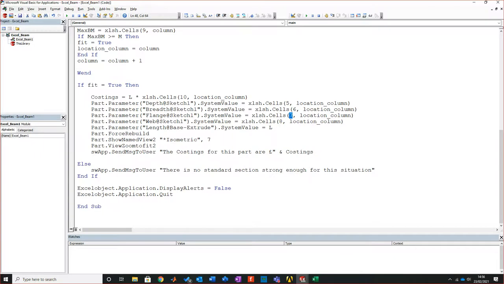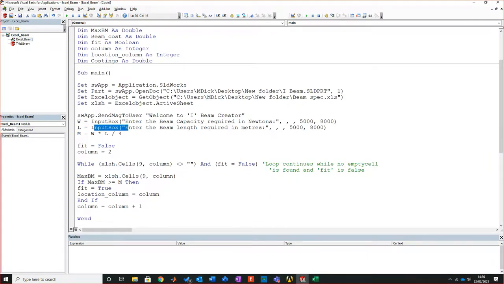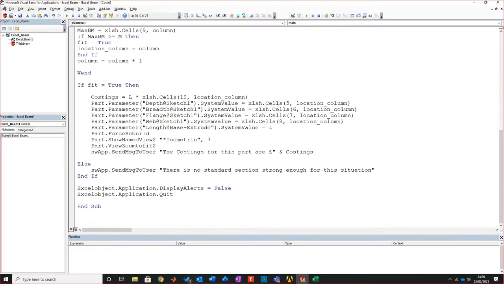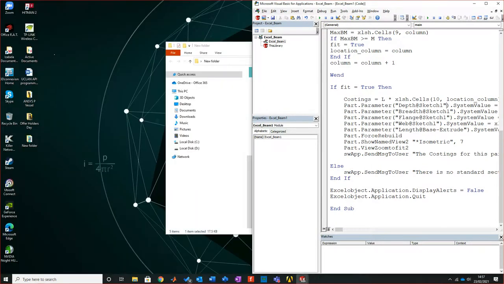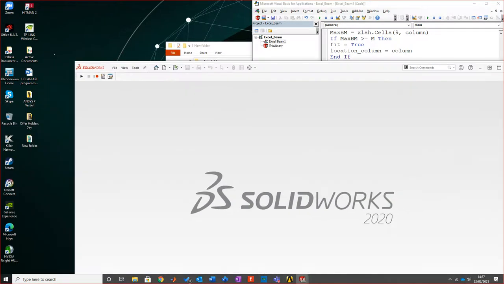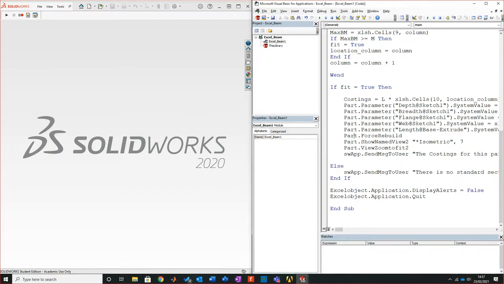And then obviously length in this case is set by L, which is what we'd originally put in for the length that was actually required. And then it will just simply move to a force rebuild and then set the isometric view, zoom to fit, and then report some costings. So I'll stop that. And it brings back across, and what I'm going to do is just run it. So if I run it,